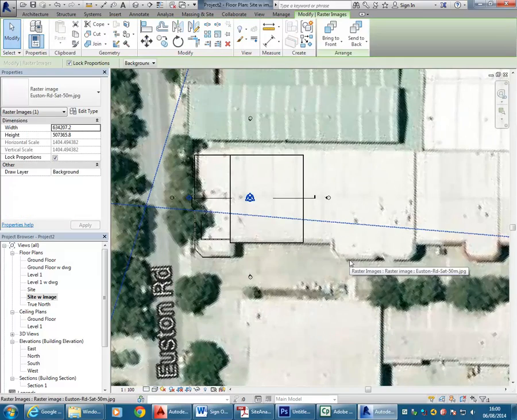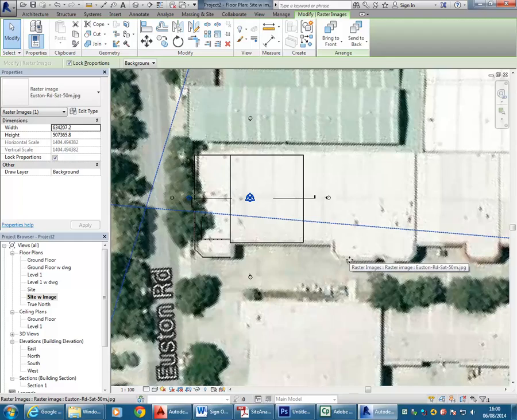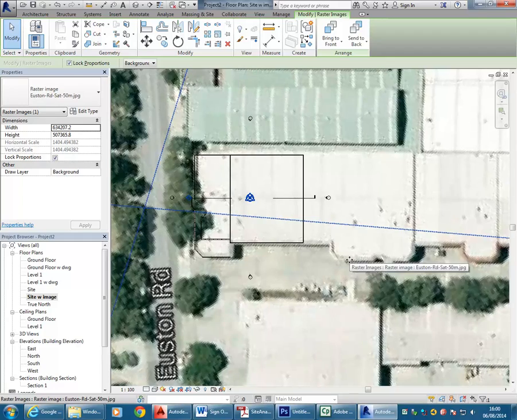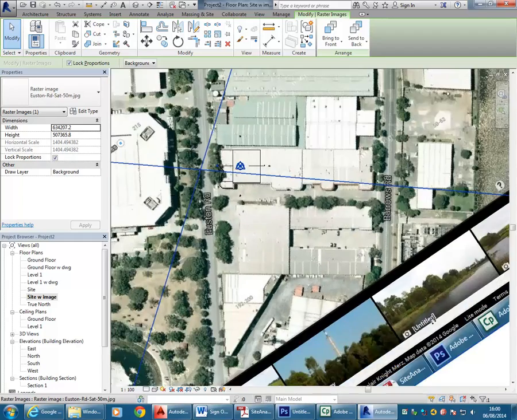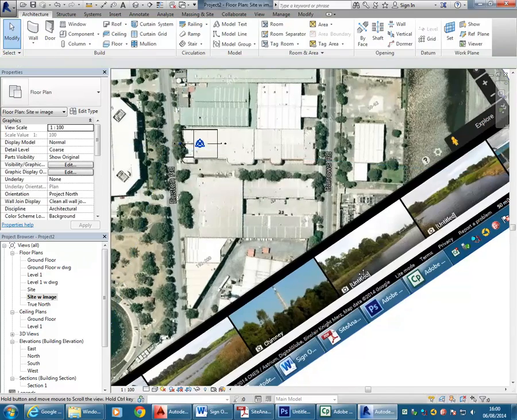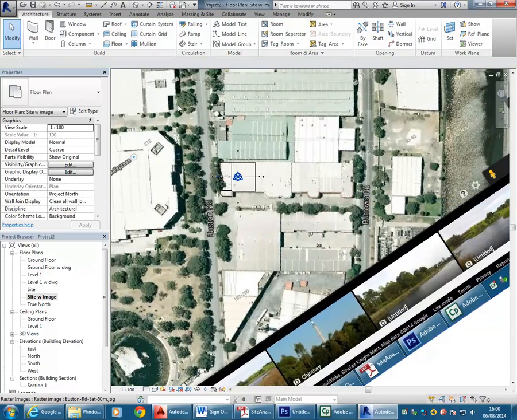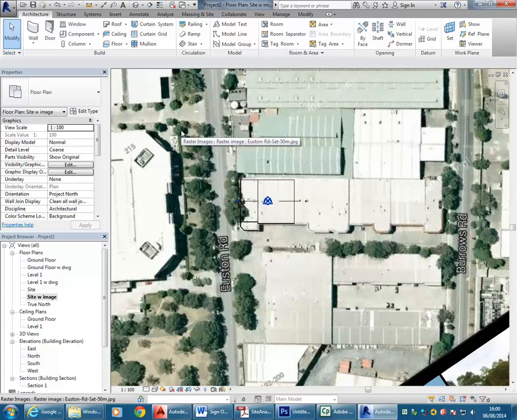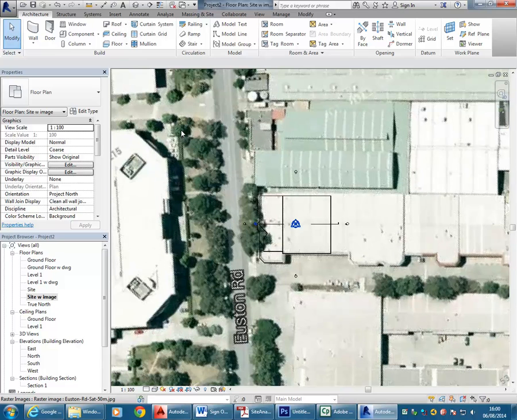Right, so it's pretty indicative, but that will give you more than enough to draw things like, well, what would you want to show on your site analysis plans? What's the most important thing you have on your site analysis plans? The site, yeah, and then what else apart from the site itself? Yeah, that's still part of your site, but what else? Yeah, that's right, anything around your site, so foliage, surrounding buildings, things that can cast shadows to and from your site,